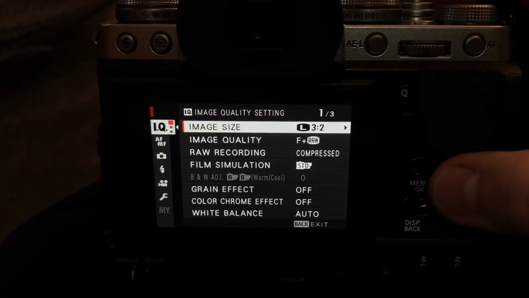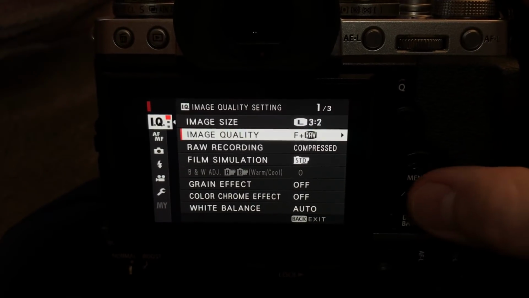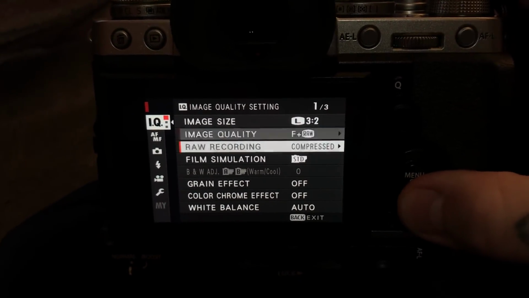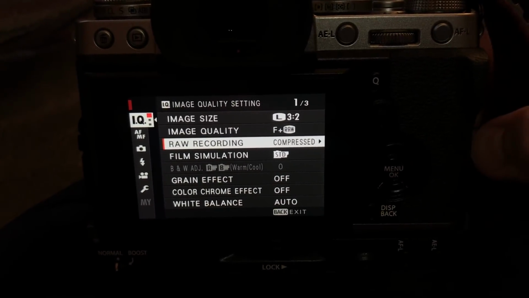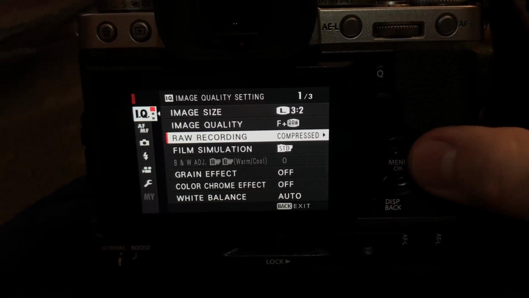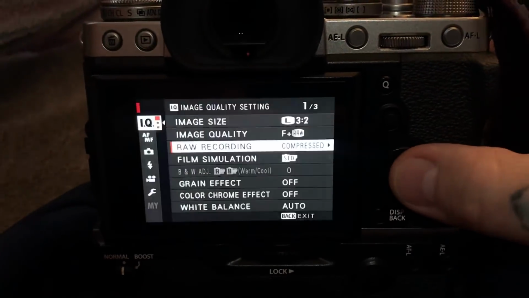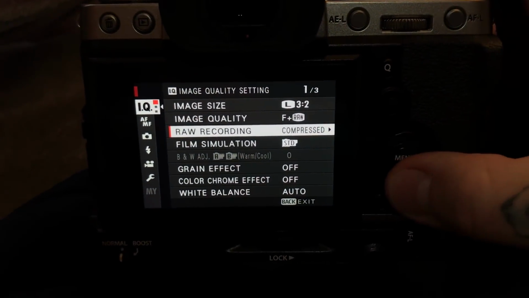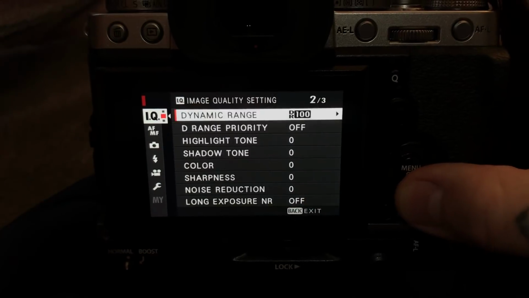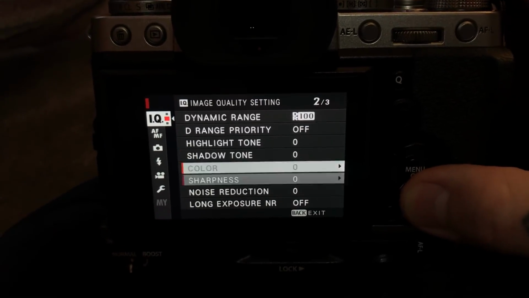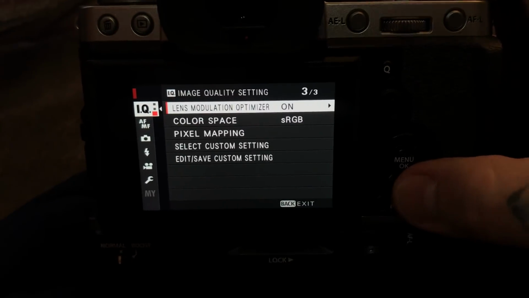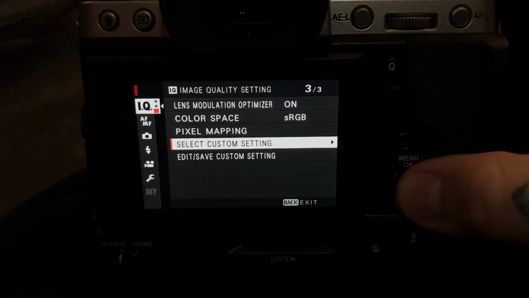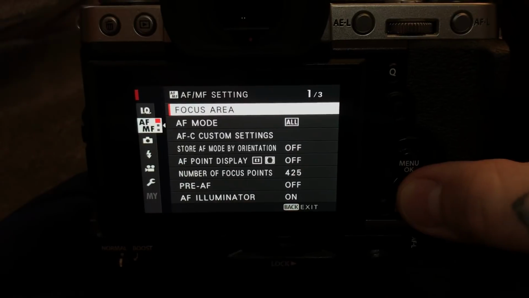Right now you can see I'm at the largest possible image size, RAW plus Fine, and also shooting redundancy. In other words, I'm mirroring the same thing to card slot 1 as I am to card slot 2. For RAW recording, I'm shooting lossless compressed, since there's no advantage in uncompressed. Let's go change some things. I always have long exposure noise reduction set to off. You may or may not like that, but the important thing that I want to show you is, let's see,